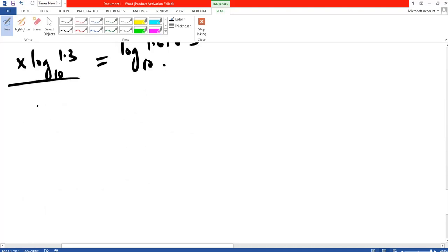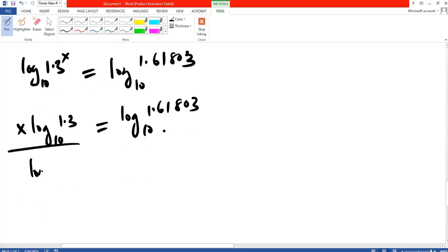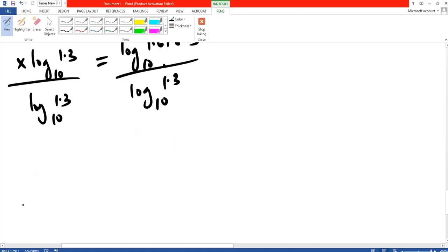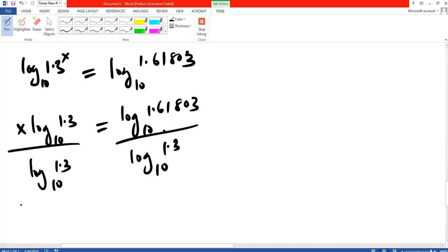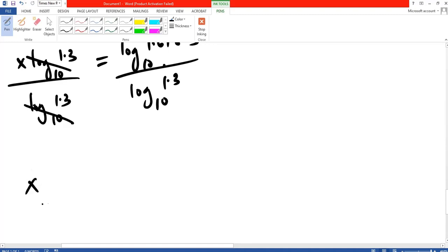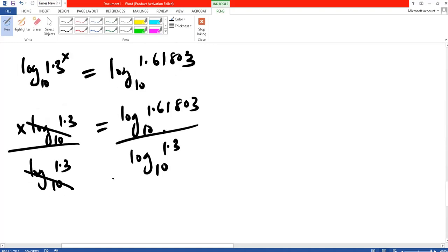Dividing all through by log 1.3 base 10, this will cancel out this. On the left hand side you have x equal to the right hand side,